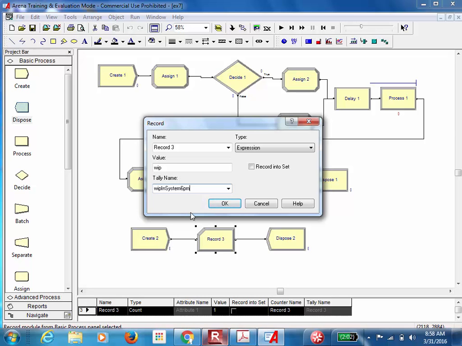I want to get this number at 6 o'clock every day. We have 10 days for replication. So I'm creating this separate logic to gather that information at the same time every day. So I'm going to click OK,